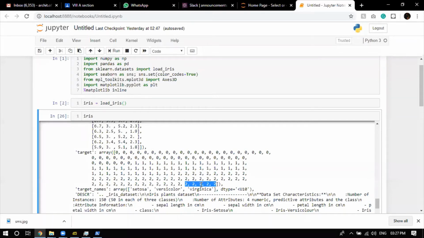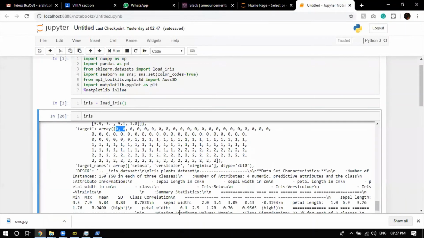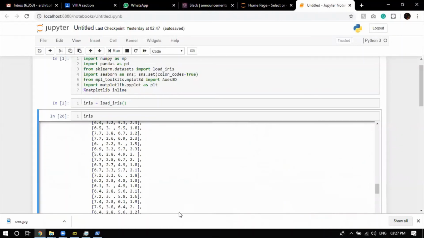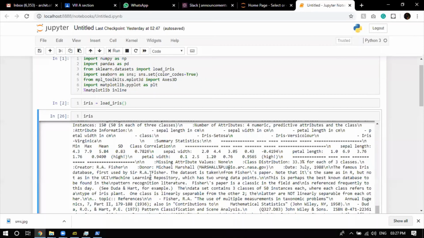That's why we use stratified k-fold cross validation, where for each and every fold we jumble up the data. We make sure that we have an equal number of all the target values. So if k-fold is equal to 5, the model will try to have 2 of output 0, 2 of output 1, and 1 of output 2, or the other way around. That's the example of k-fold cross validation. I just saw this, so I thought of explaining it also.